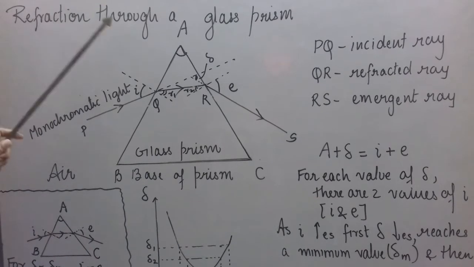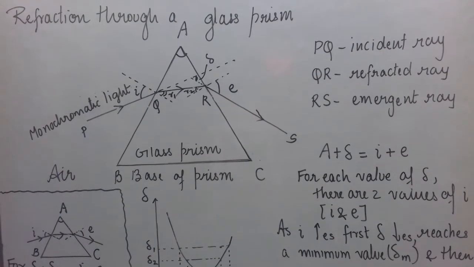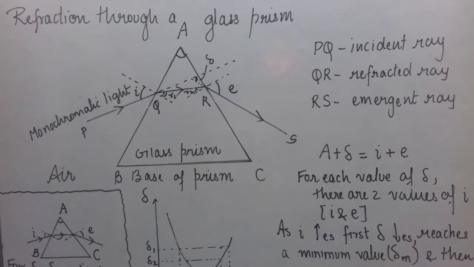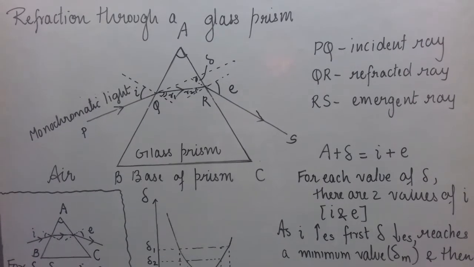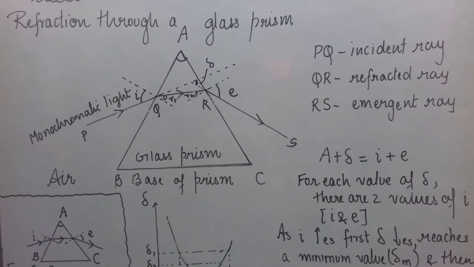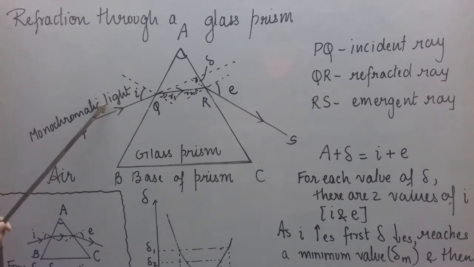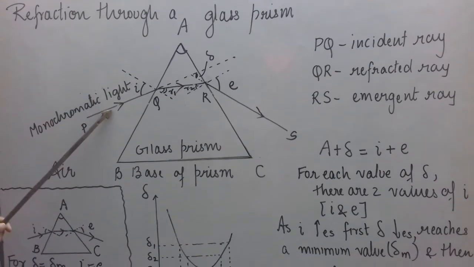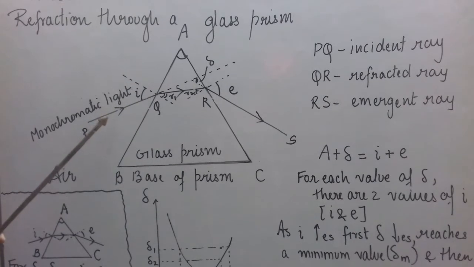Now, refraction through a glass prism. You know what is refraction? The bending of light as it enters from one medium into another. And I hope you remember the cause of refraction also, because the speed of light changes when it enters into a different medium, so the bending or refraction takes place. So let us consider here monochromatic light, a ray of monochromatic light. Monochromatic means single color. It means this light is containing only one color and hence only one frequency.